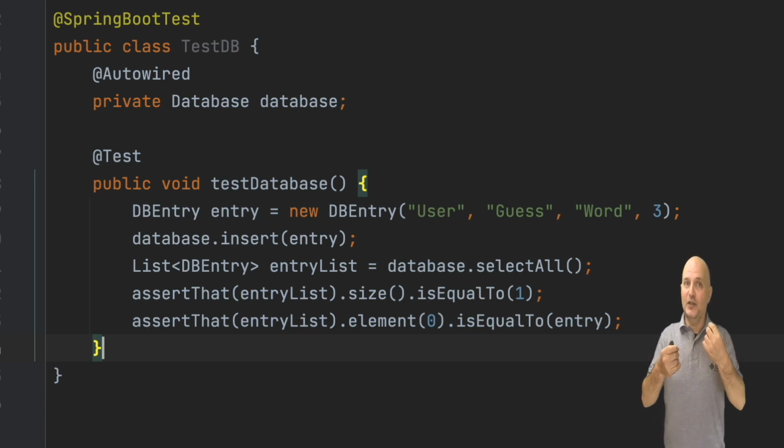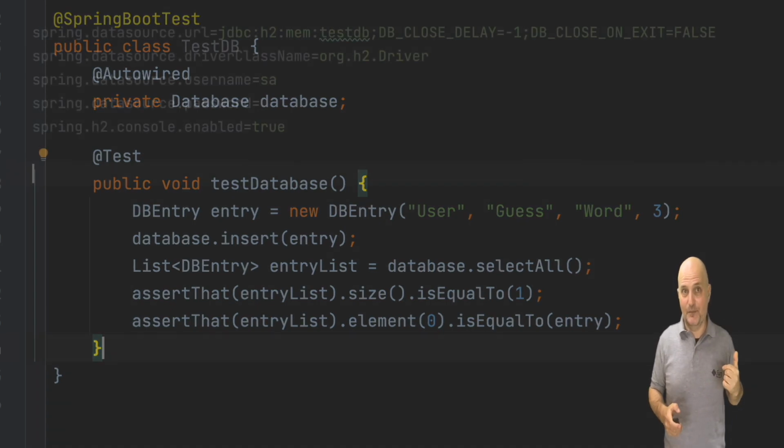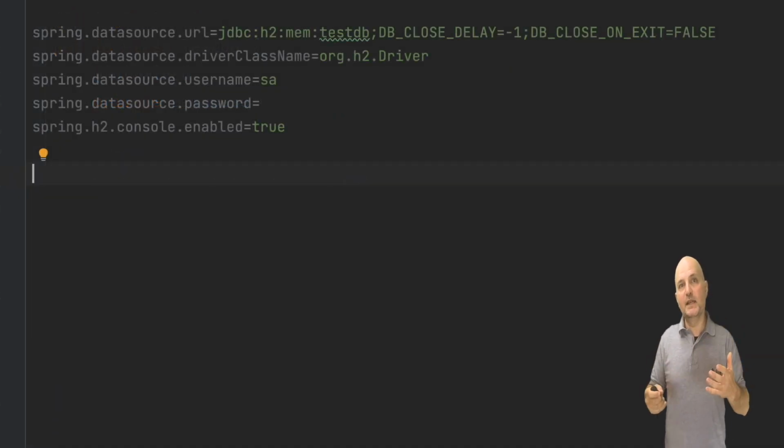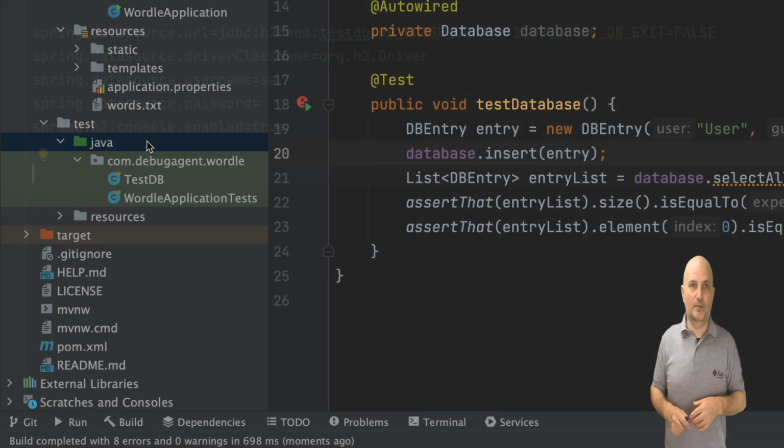Luckily, we have a resources directory under tests, and it can override the resources we have under src. In it, we can place a different application properties that references a memory-based database. This database will be gone once the tests finish running.